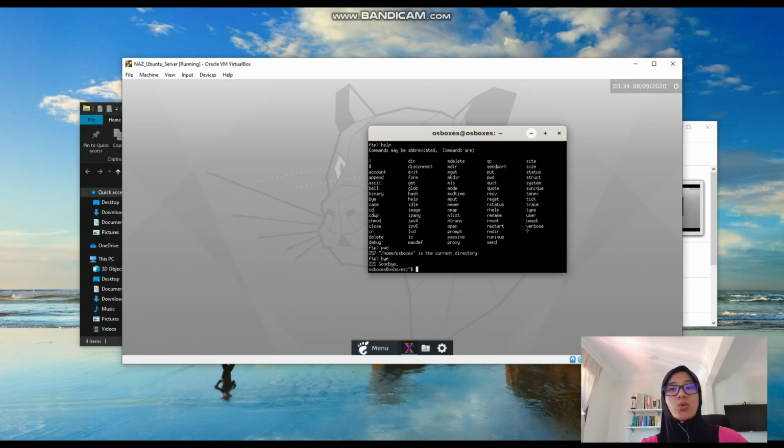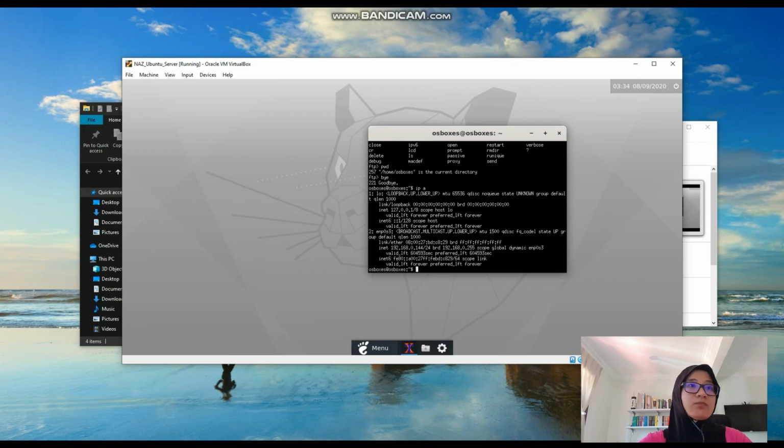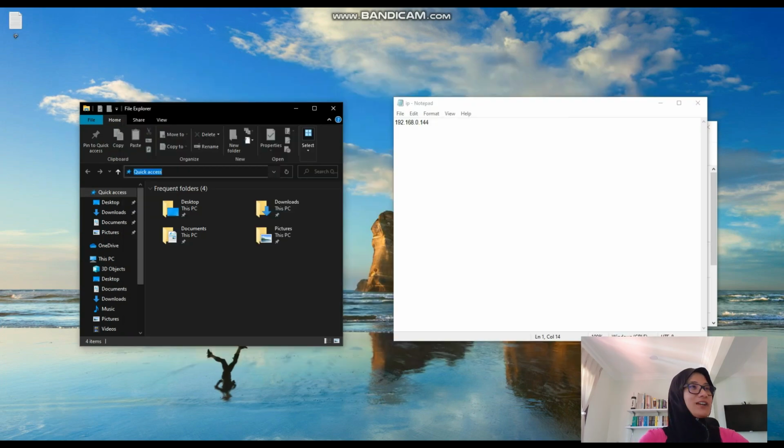Before we minimize this Ubuntu server, we need one thing that we can use to access it from the file explorer, which is the IP address. To find the IP address, we can do ip a. It will show our IP address. This one is the broadcast. This one is what we need. We need the inet, which is the IPv4. The IPv4. You can just go to ftp://